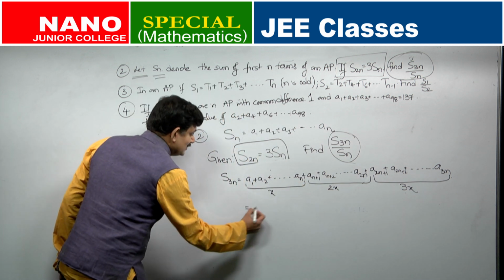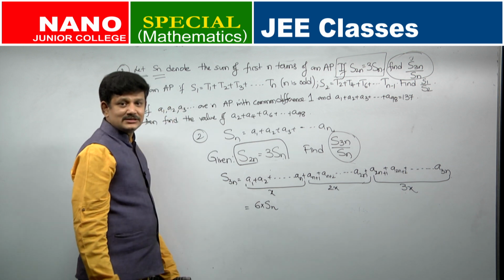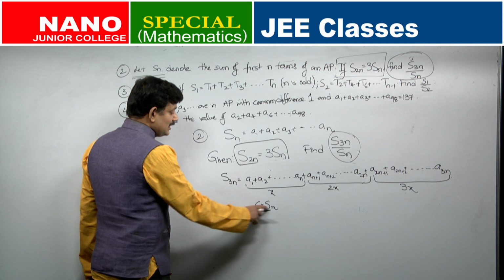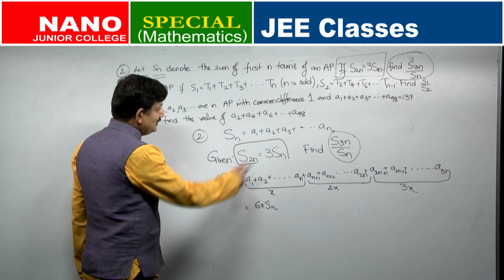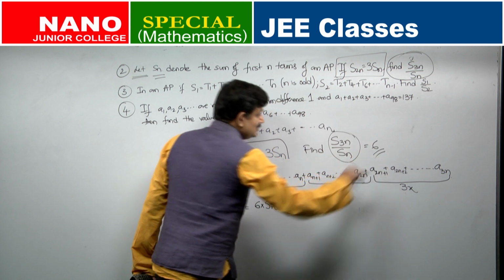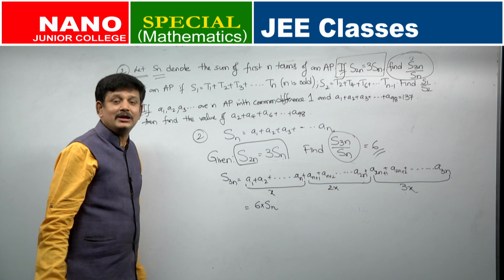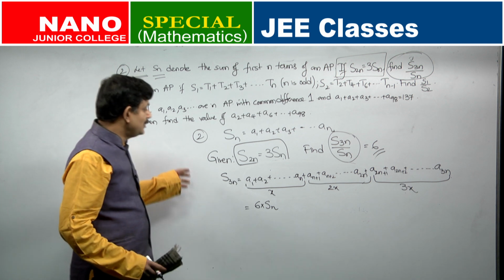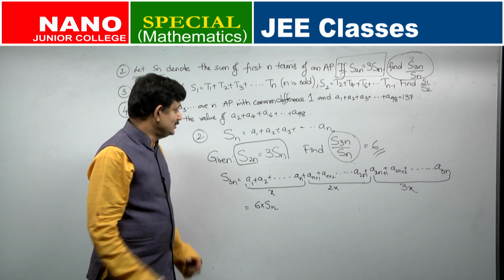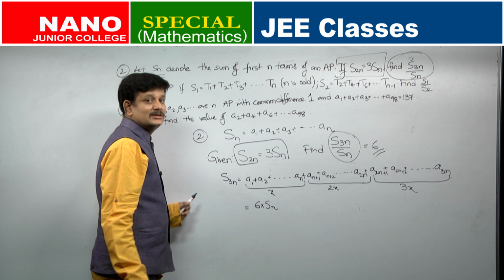So, S3n is nothing but 6 times of x. X is what? Sn. So, S3n is 6 times of Sn. S3n divided by Sn is what we want. So, this will be equal to how much? 6. Very simple. In one go, one line, we were able to do this question. Just by looking at the numbers in mind, you can write the answer for this particular question. So, geometrical methods in AP are very important to understand the subject.